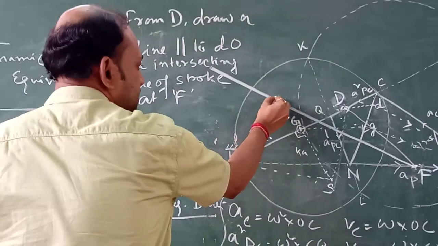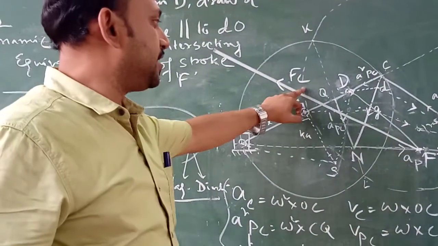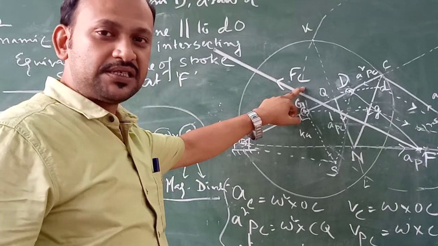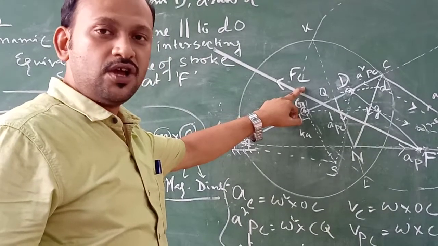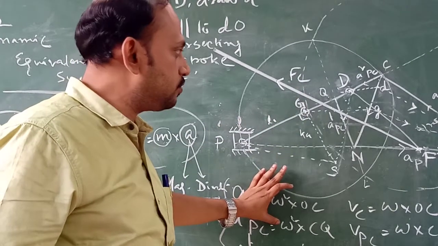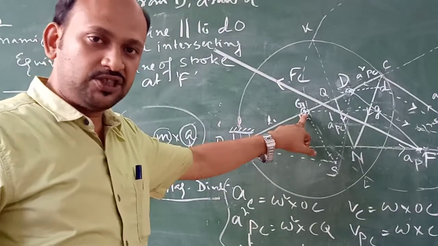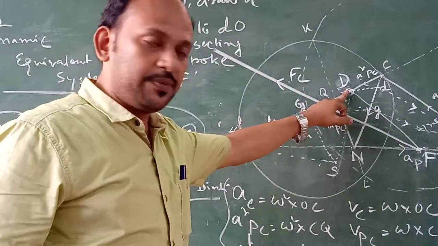And this gives us the direction of inertia force on the connecting rod. Again I am repeating the step. What to do? If the total mass is concentrated at the point G, we are dividing it into two independent masses